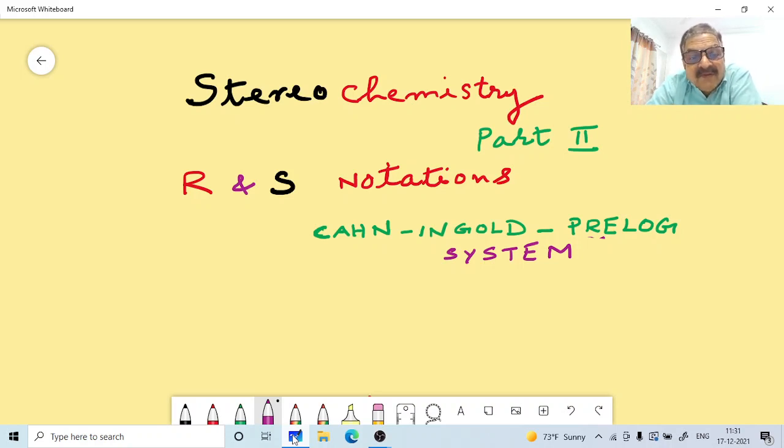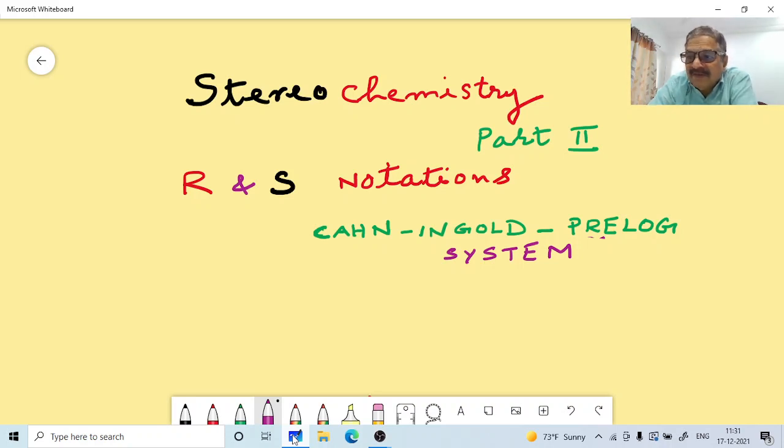Because now we know enantiomers. Enantiomers are mirror images, non-superimposable mirror images. They are different compounds. Now we have to distinguish one enantiomer from the other by giving a suitable name to that. This is done by adding a prefix R or S to the IUPAC name of the enantiomer. So this is the system developed by these three scientists, labeling stereocenters with the R